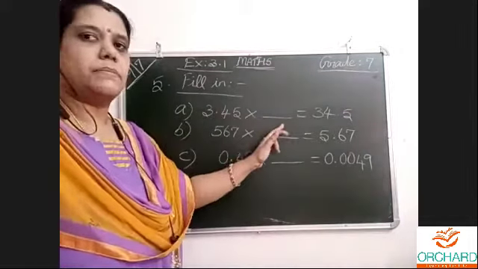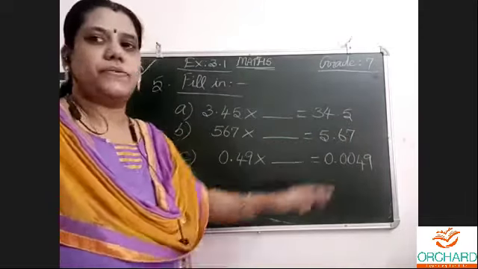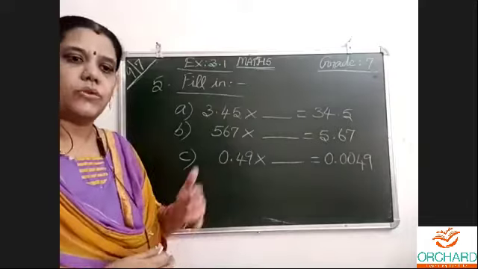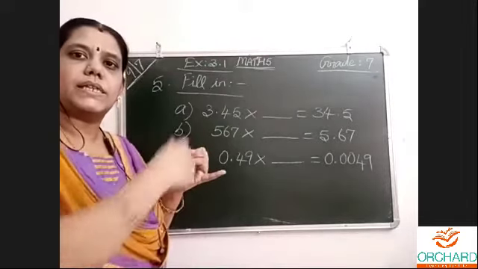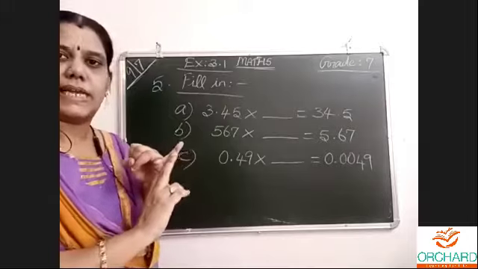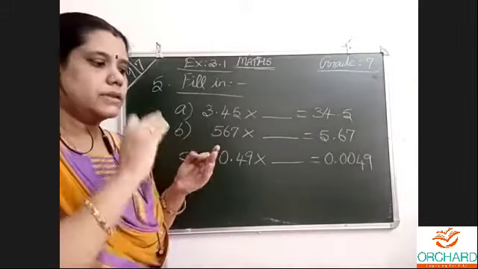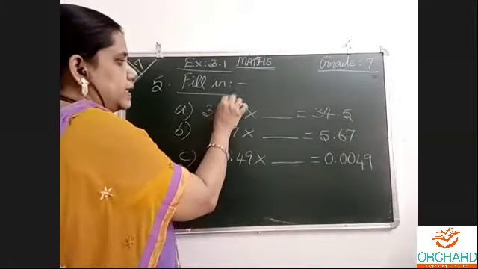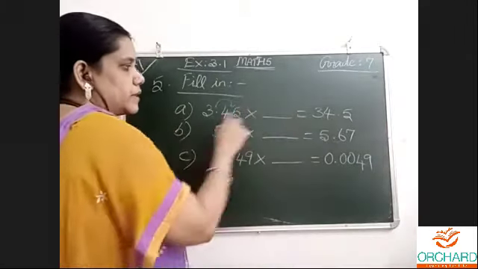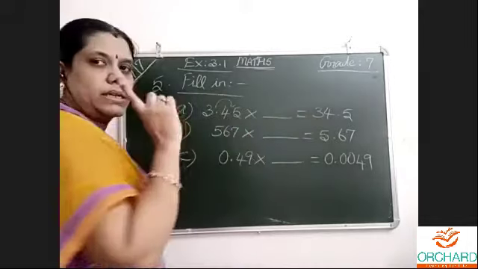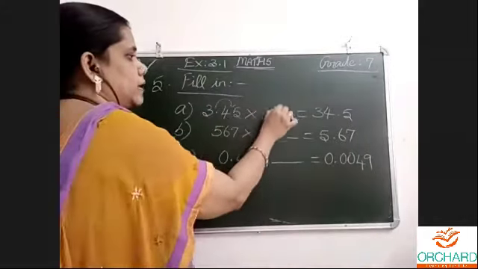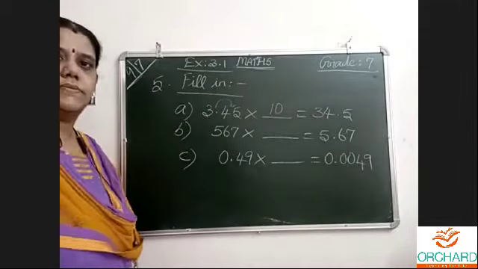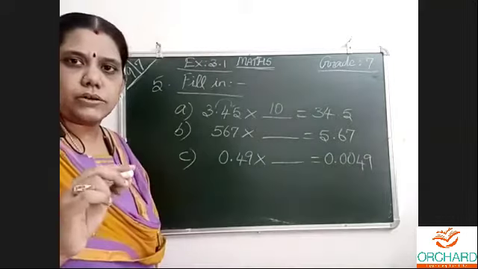Now, it is easy. First one easy. 3.45 multiplied by what is 34.5. We already told, whenever decimal numbers, while introduction itself I told, when we multiply by 10, the point will jump to the right side 1 place. 100, 2 places. 1000, it will jump 3 places. Now, the point has jumped here, 1 jump only. So, what is the meaning? Only 10. So, multiplying by 10. This is the answer. Write and keep in your notebook.